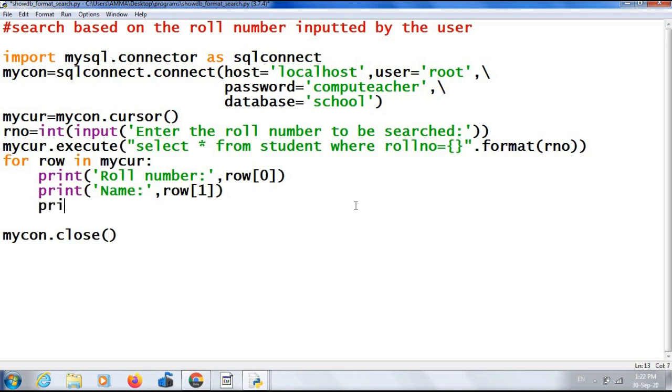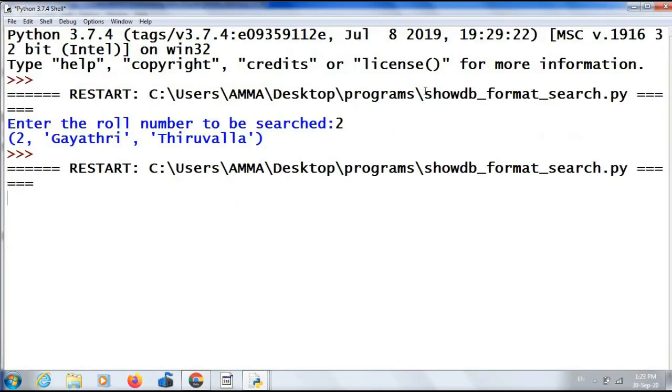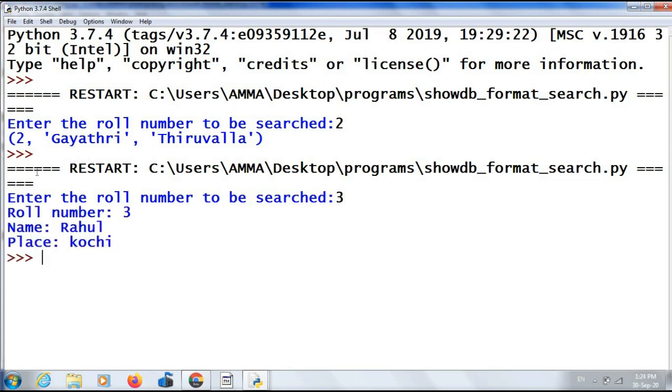Then place row of 2. Here only 3 columns, so I have given the print statement separately. Otherwise you can use a loop. Run the program. Enter the roll number to be searched. 3. Roll number 3. Name Rahul. Place Kochi.